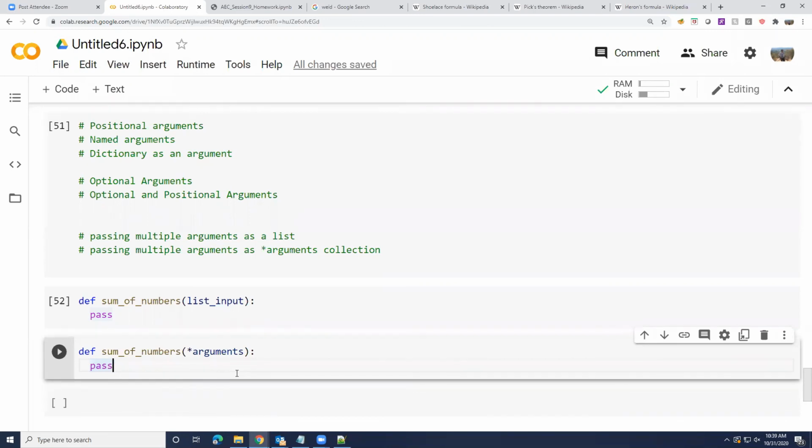If you have any doubt, if you are not sure how to write this, you can let us know in the chat, and then we can split you into breakout rooms so that we can discuss with you individually.